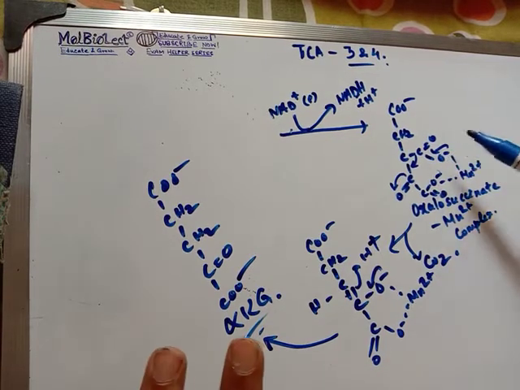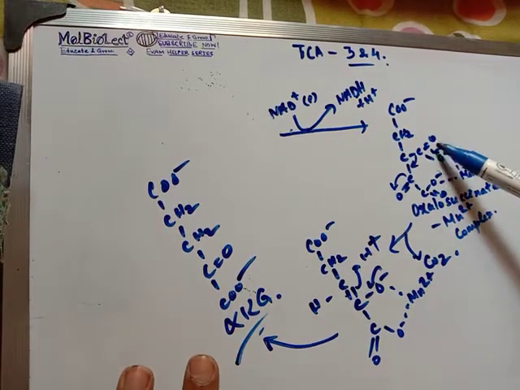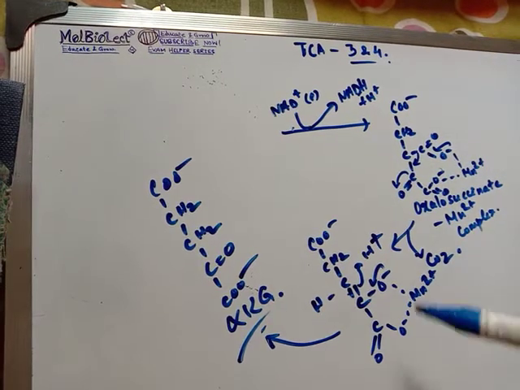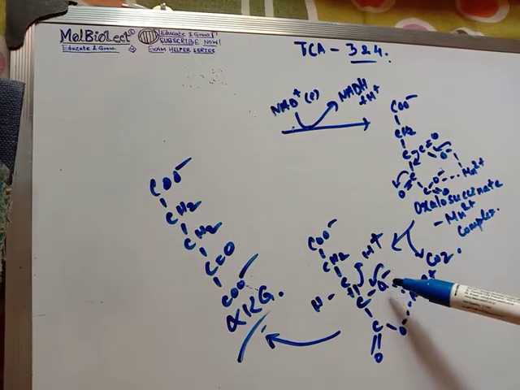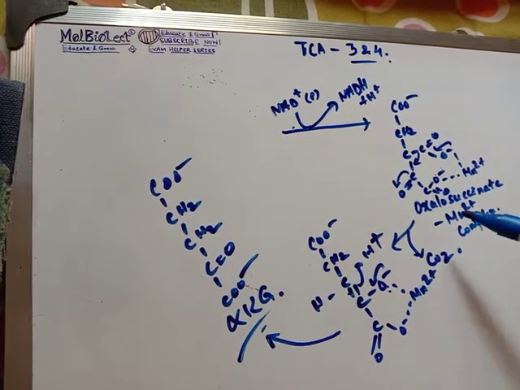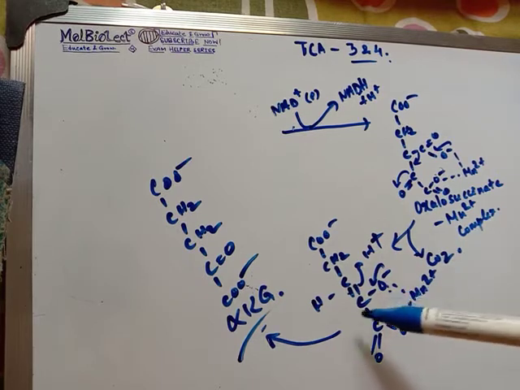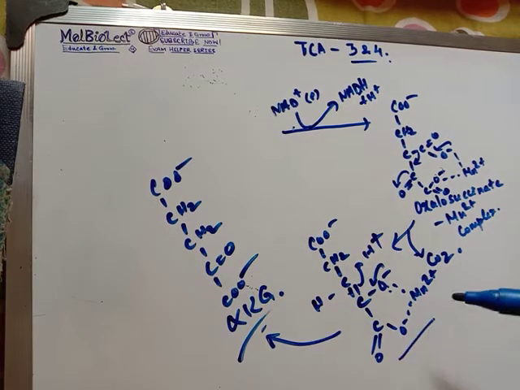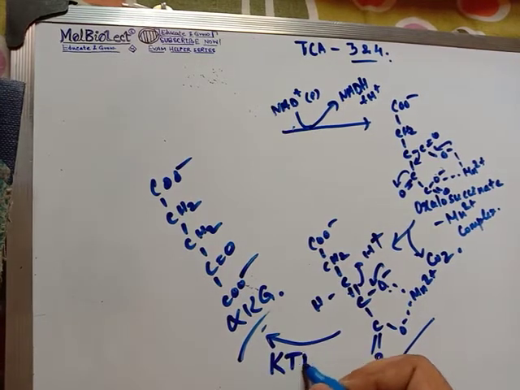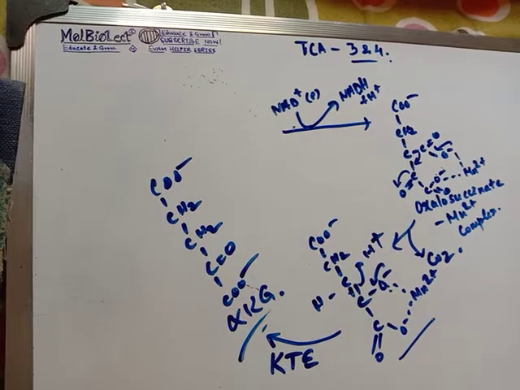the oxalosuccinate manganese complex is formed, and there is some bond rearrangement happening over here, and after this bond rearrangement over here we are getting another bond rearrangement, and this bond rearrangement actually helps in the removal of CO2. And after this bond rearrangement what we get is an intermediate which then finally goes to something known as KTE or ketoenol tautomerism, and this ketoenol tautomerism gives you alpha ketoglutarate. So this is how it works.